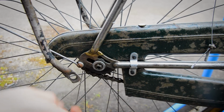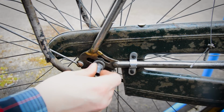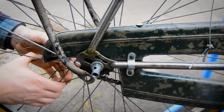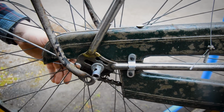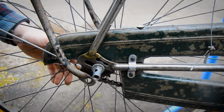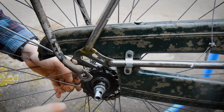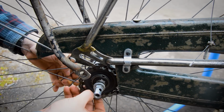And then I can pop the rack off. Just pop that back on for now. Do the same to the other side and the wheel will come out. Now with both sides released, it might now get caught on the brake caliper. We'll see, but that should just slide out. Oh no, it's fine. That should just slide out, take the chain off,